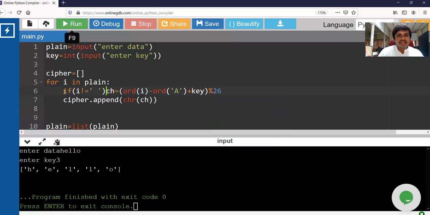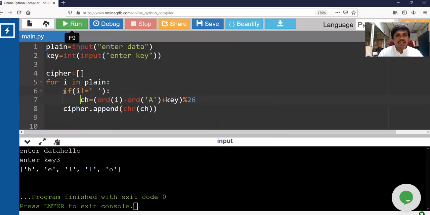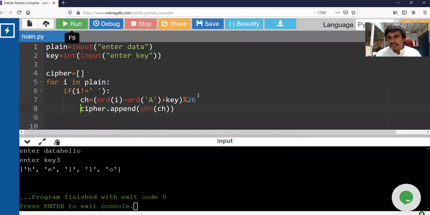If I not equal to space, then convert that particular character to a cipher character by adding a shift value, that is the key, and that stores the ASCII value. Convert that ASCII value to a character and append to the cipher list.